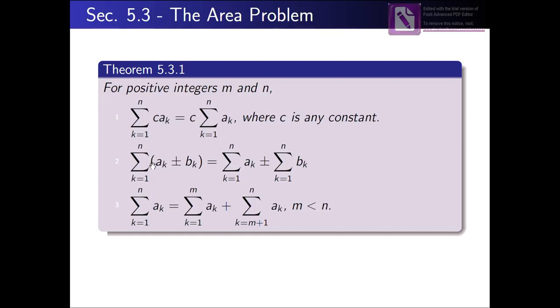For number 2 we have summation of ak plus or minus bk. This will be equal to summation of ak plus or minus summation of bk. So here you can distribute the summation between these two. Similarly, if you have summation of ak where k